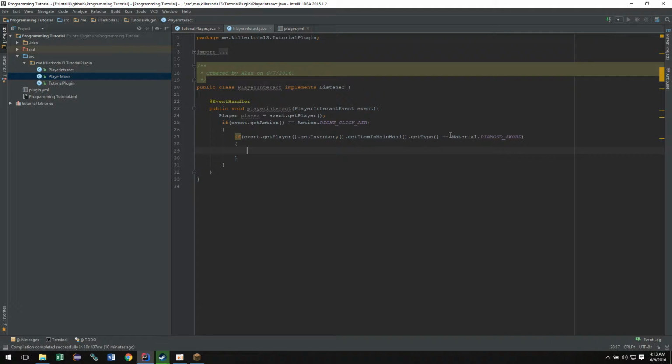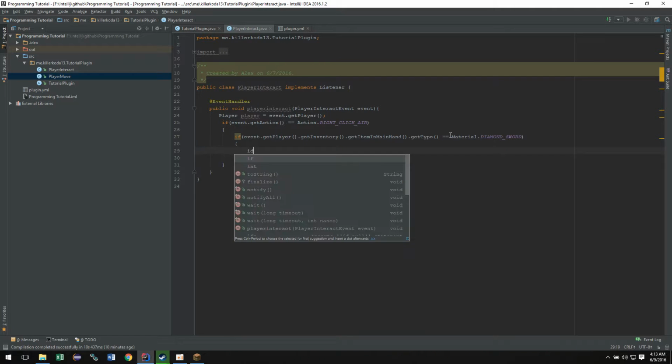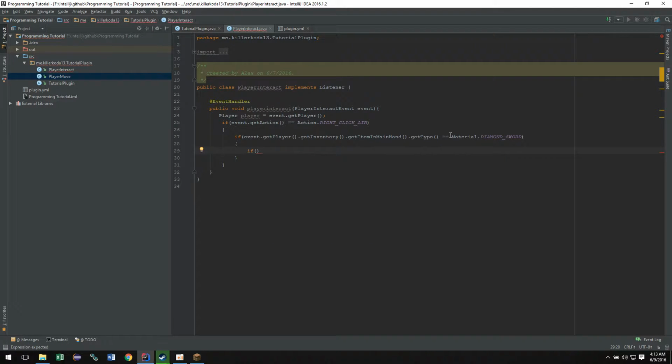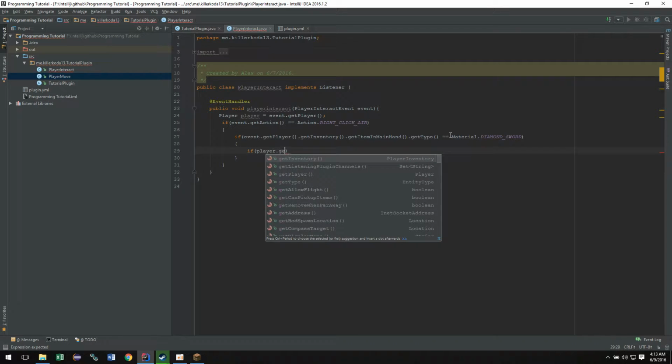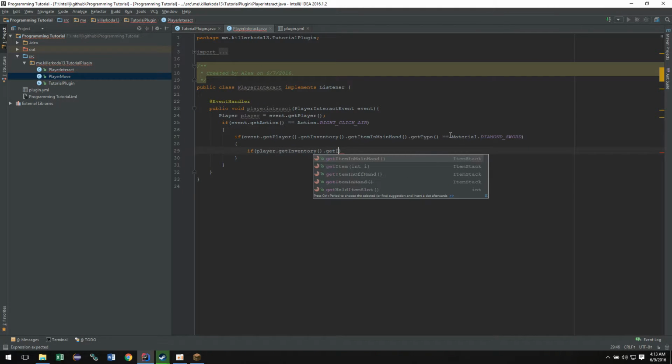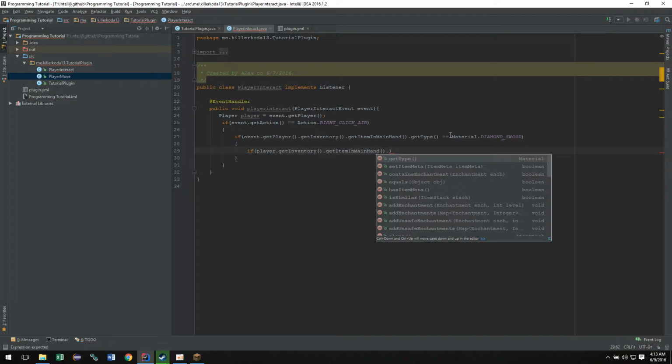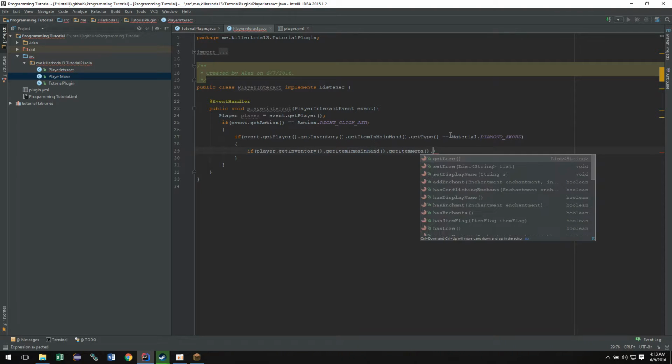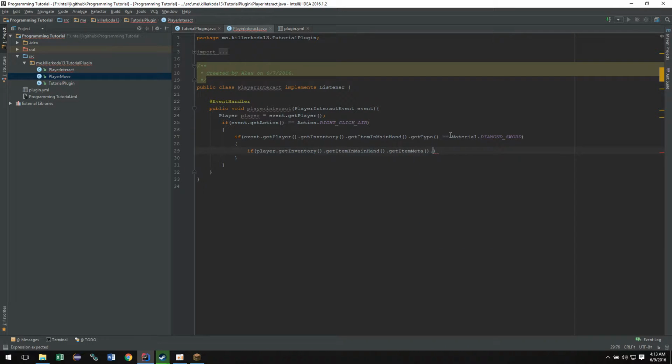Now we're going to have to go through the lore thing. So now we're going to say if player.getInventory().getItemInMainHand().getItemMeta().hasLore(). So we're checking to see if it has lore, and then if it does have lore, then we're going to say